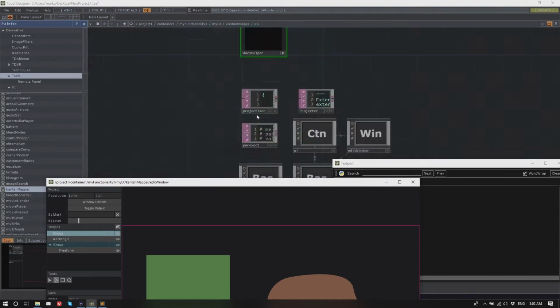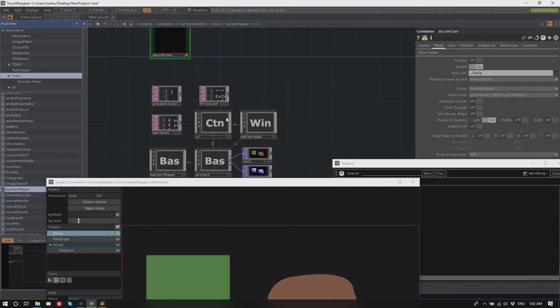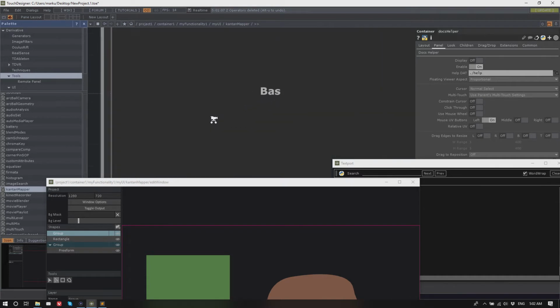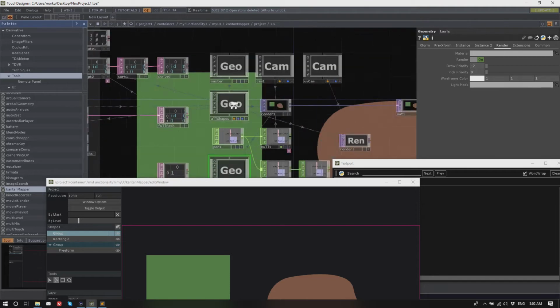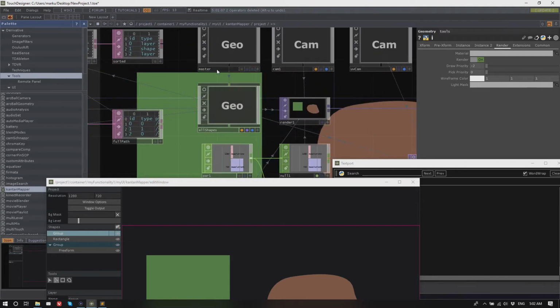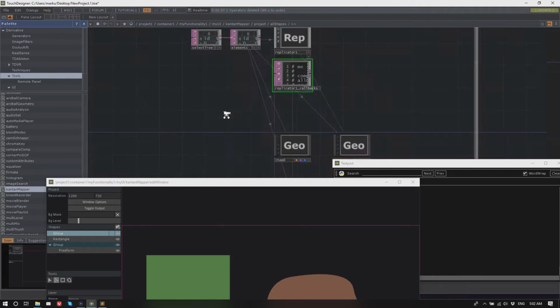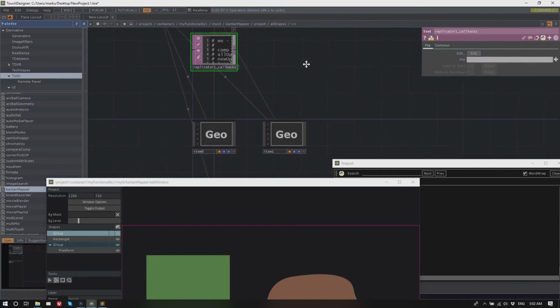And inside here, the folder structure is actually replicated by one geometry container, which holds all of the shapes.